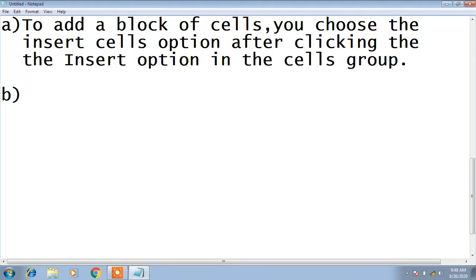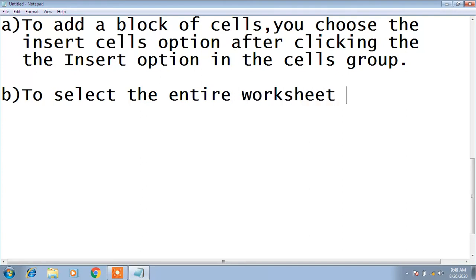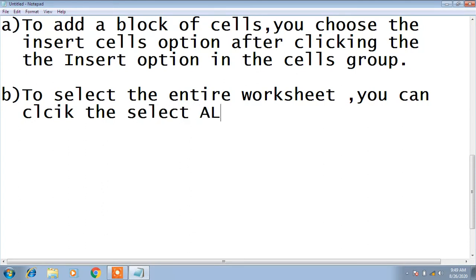Now the second question is: to select the entire worksheet, you can click the Select All button.